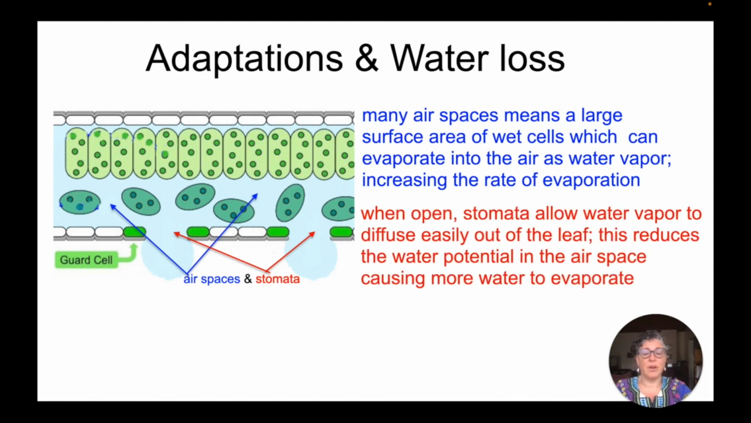The second thing we have there are the stomata. When the stomata are open, the water vapor can diffuse out very easily from the leaf. This is going to reduce the water potential in the airspace, and that's now going to cause more water to evaporate because of the water potential gradient between the airspace and the surface of the cells, or the xylem, or the whole entire water potential gradient structure from the xylem out through into the atmosphere. So having the stomata open is also going to affect the evaporation of the water molecules from the surface of